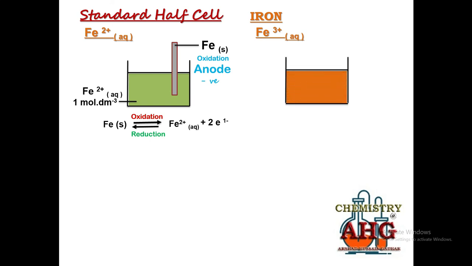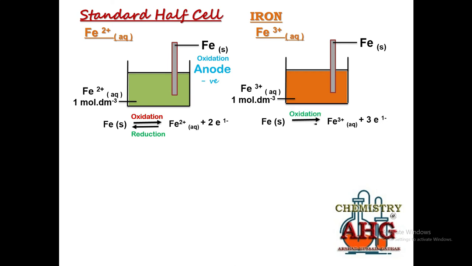And as a result of that, in this half cell, the equilibrium will be established between iron solid and iron 3 ion. This is oxidation, and in the backward direction reduction may take place. Again, in this case, oxidation will dominate because iron is a reactive metal. So that is why in this case again the half cell will become anode, where oxidation has taken place with a negative charge.